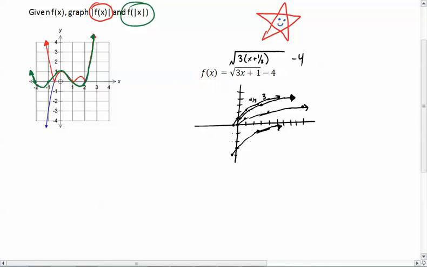So I need to do the modulus of f of x, which means that all of the negative values will become positive. Any values that were already positive can stay there. So here I don't have anything positive yet, but all these negatives need to become positive. So I'm going to have that one right there. That one will go up to the positive 3. This one that's at the 1 will be right there. And so right here,